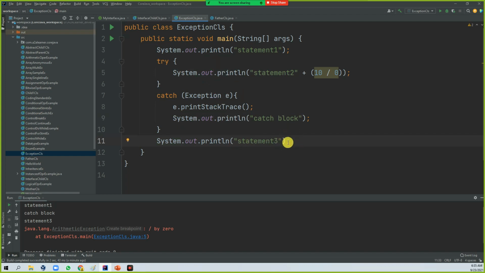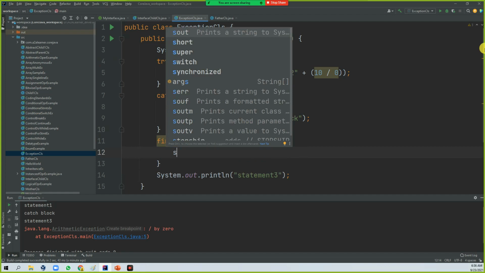So this is the way you can give it to the program. You are telling the program, if any exception occurred, take this action and continue the rest of the program. That kind of approach is nothing but exception handling. So in this exception handling, so far we learned try catch. Now you can add finally here.